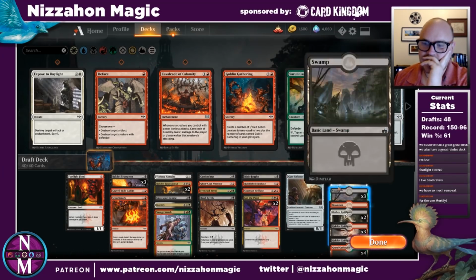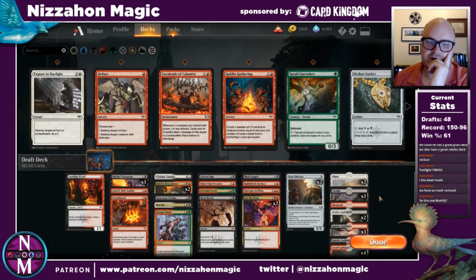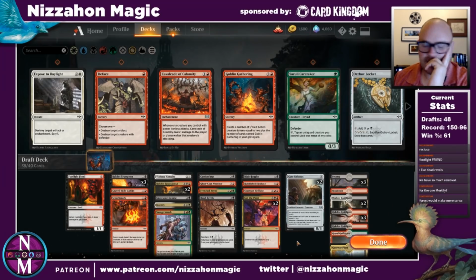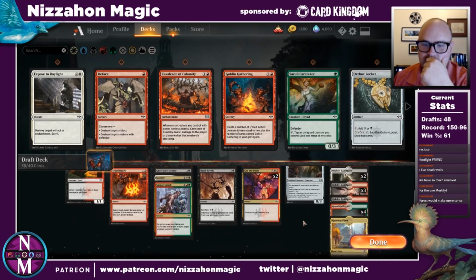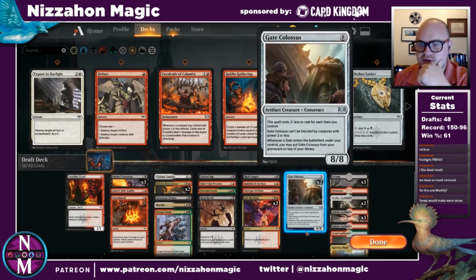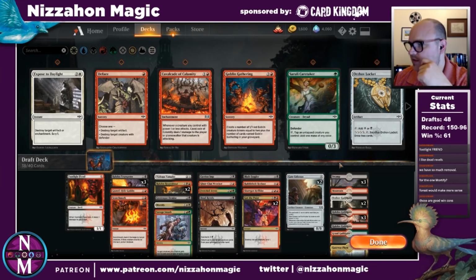Yeah, I don't think I need to run... I mean, I think 3 white sources is enough for the 1 Mortify. So yeah, I don't think I'm running the planes. Forest would make more sense. We have 5 green sources too. I'll have to count that in a second. I'm just making sure there's not something I want to switch out from the main...